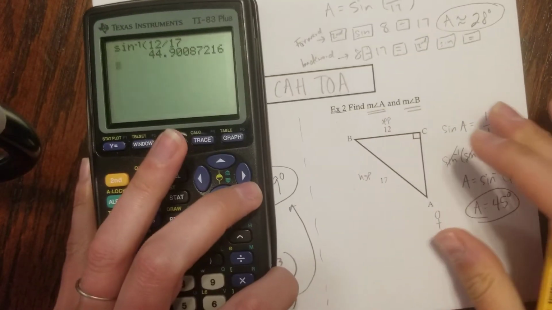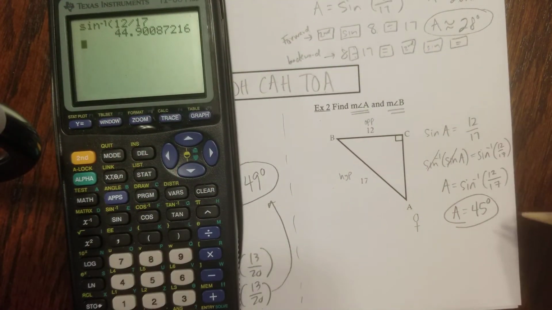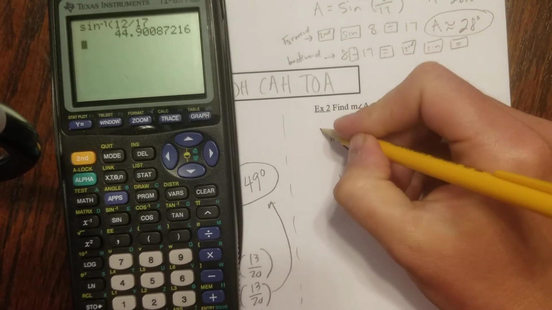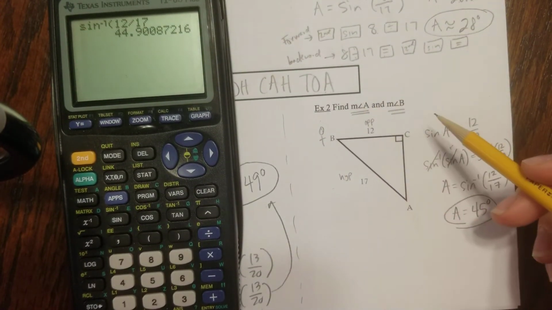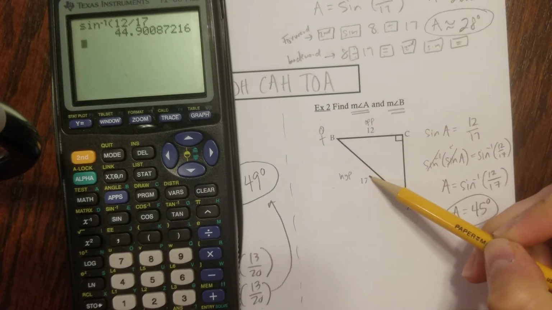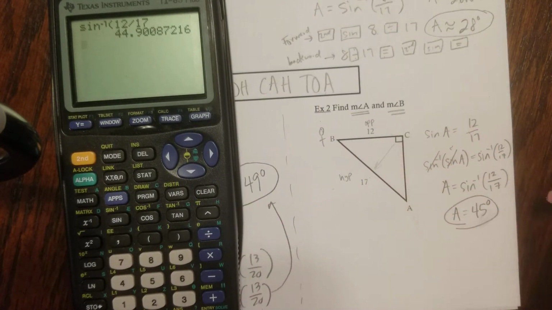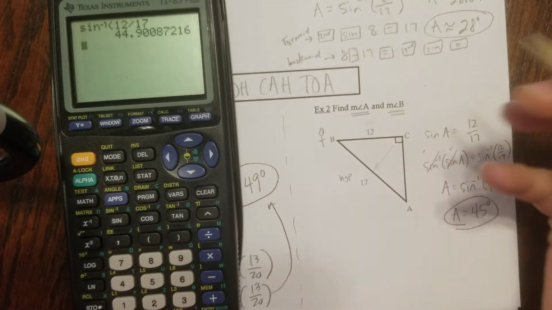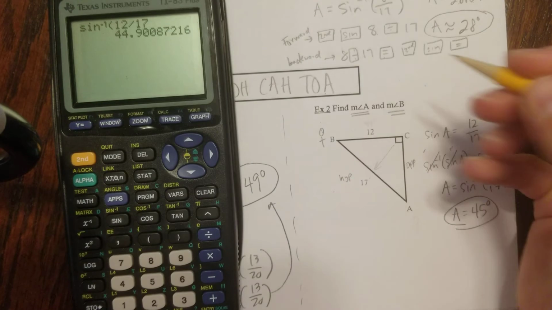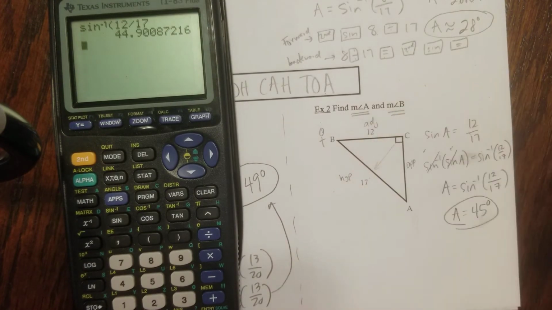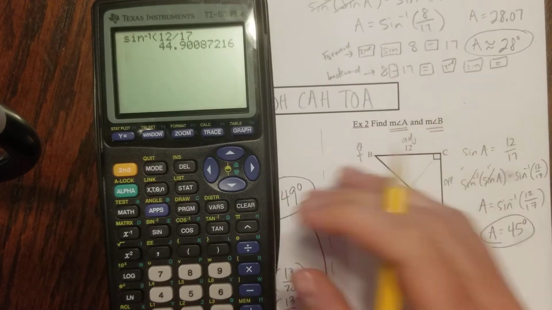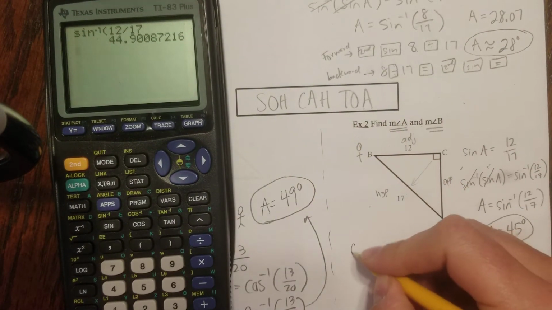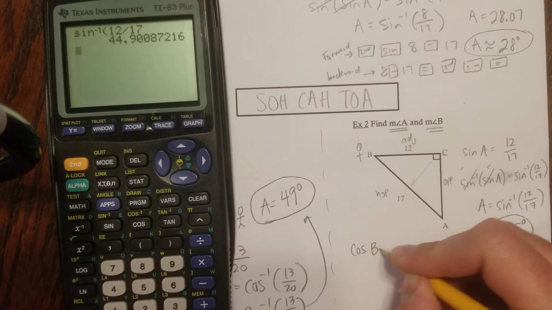All right, now we're going to do a second trig function for B. So Bob will have to move. Does that change anything? Will the hypotenuse change? Nope, hypotenuse is always across from 90. Will the opposite side change? Yep, now the blank side is our opposite side, which makes the 12 the adjacent side. So how does that affect our trig function choice? So now we're going to use cosine. So cosine of B, because Bob moved to B,